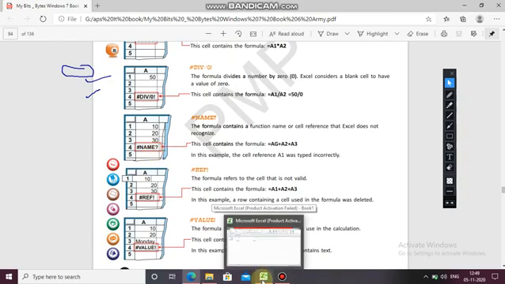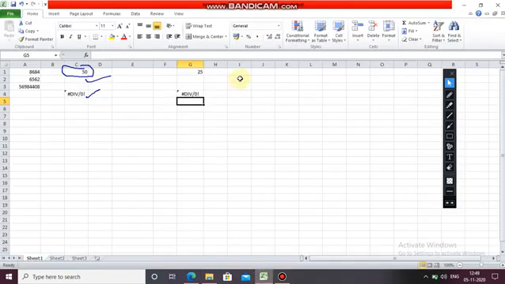Okay, let's see. 20, 30, 50, equals to, instead of A1, here it is 1, here it is I, so you will just read it I1, A1.